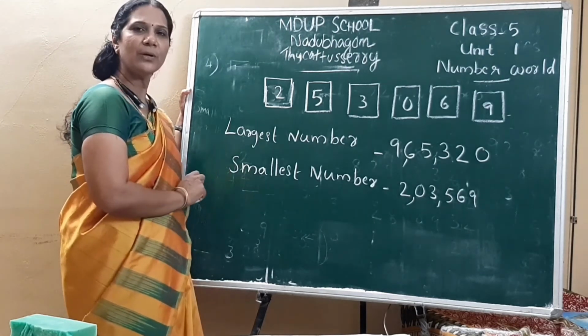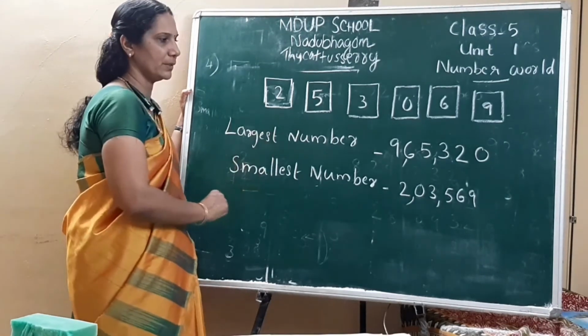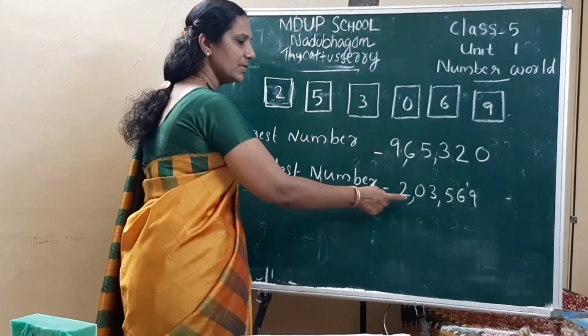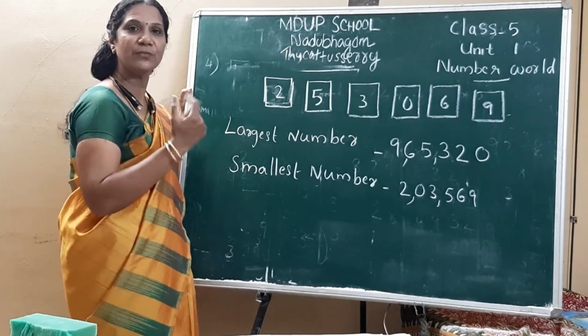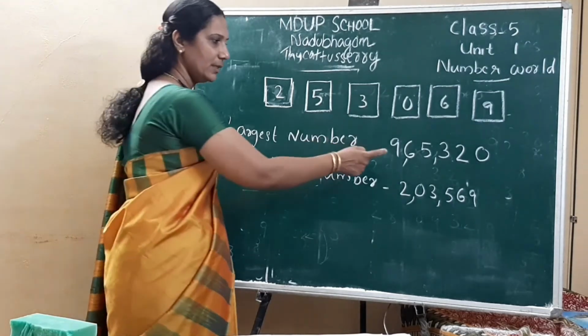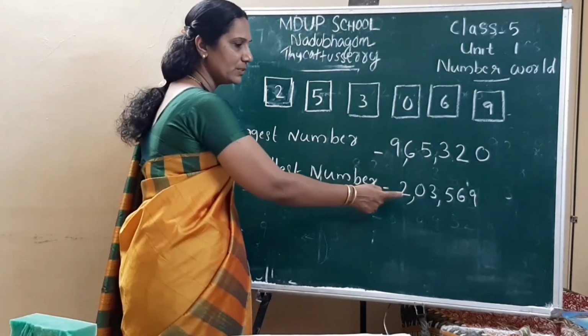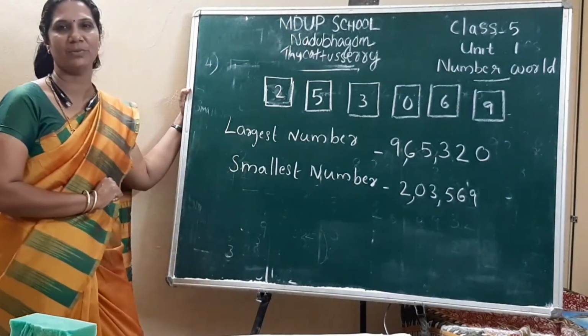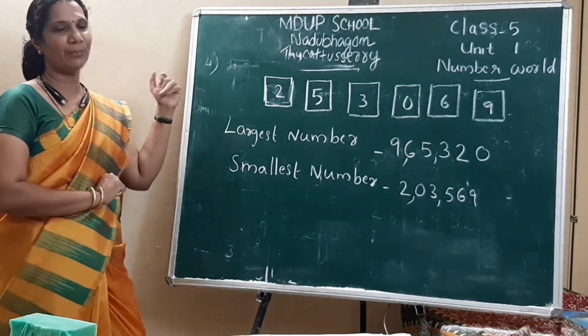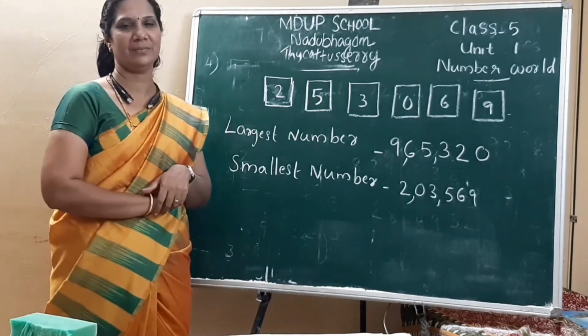Then if you want to find the sum of these two numbers, you write this number firstly, second this number, and add the numbers. If you want to find the difference of these numbers, you write the largest one firstly, the smallest one secondly, then find the difference. You want to subtract those two numbers. Okay, all of you? That type of questions are given in your textbook.